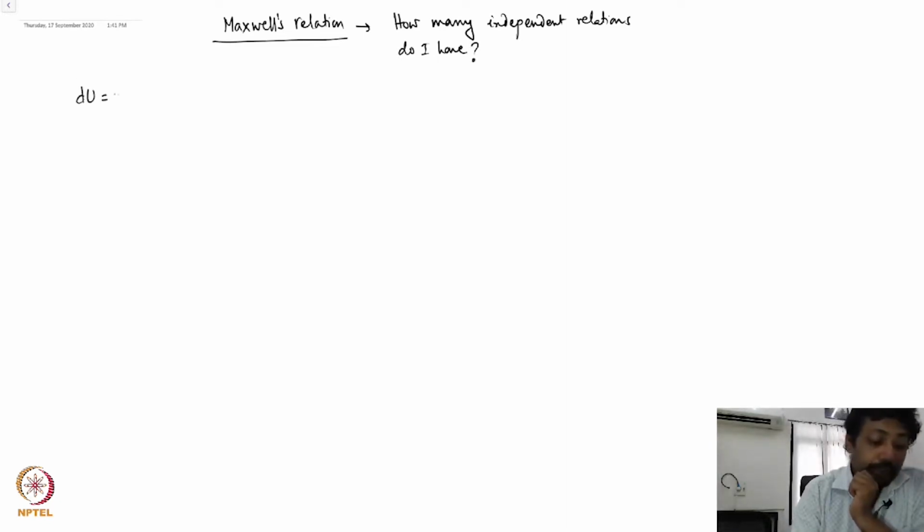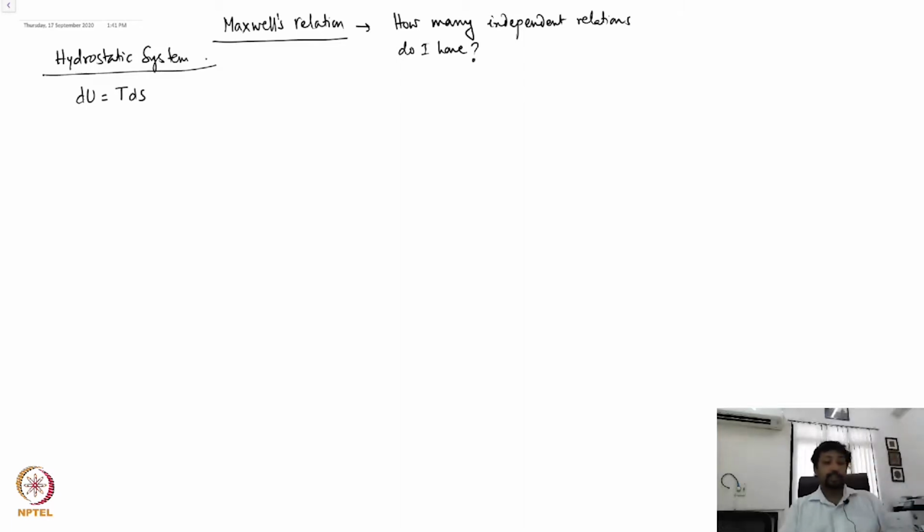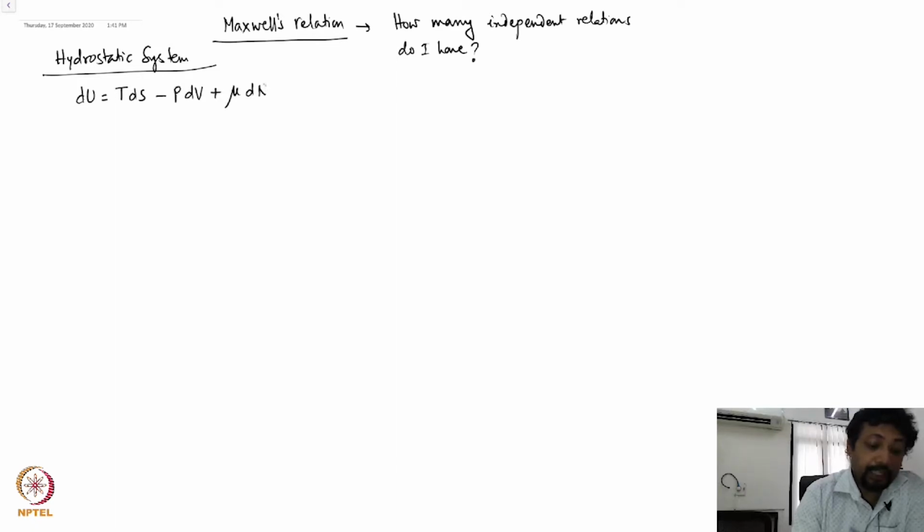This is for a hydrostatic system we are looking at. For a hydrostatic system, TdS is du plus PdV, therefore du is TdS minus PdV plus mu dn. Always remember the first law, which is dS is du